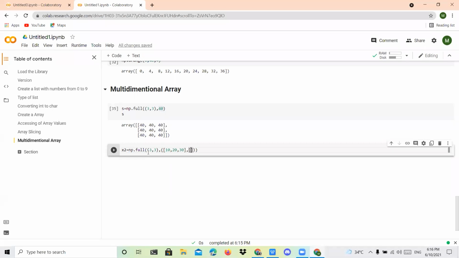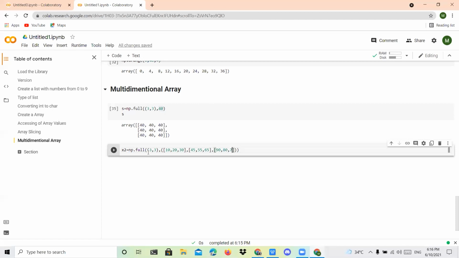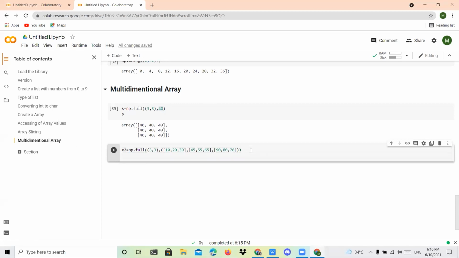Next, you can use the next array. This I'm going to give 45, 55, 65. Use another array. So you can use a square bracket 90, 80, 70. Okay, after loading our values, you can print x2 on the screen.